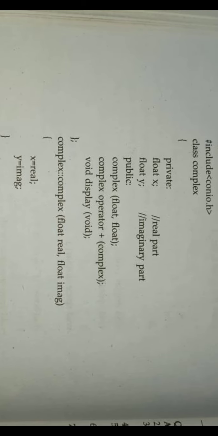So to perform this using only the plus sign, we have to overload this plus sign using an operator function, which we will do in this program. So here we are taking a class called Complex. In its private section we are taking two fractional variables x and y, declaring them as float. x will act as the real part and y will act as the imaginary part. Then in the public section there are two constructors, Complex, which accepts only float values x and y, and Complex operator+(Complex).